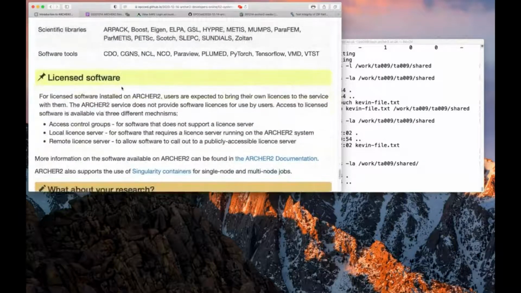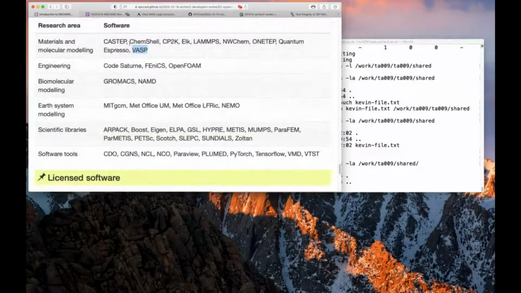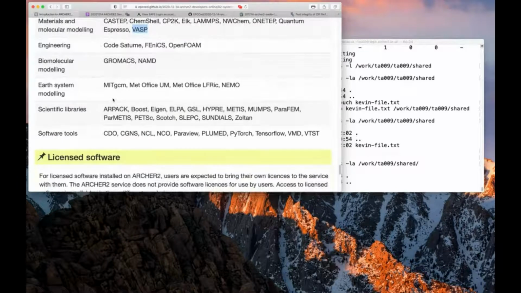So for those of you coming from ARCHER1, you'll be familiar that you have to be a member of the appropriate group to be allowed to see the relevant software. So if anybody's needing to access such packages, you need to apply through the SAFE,